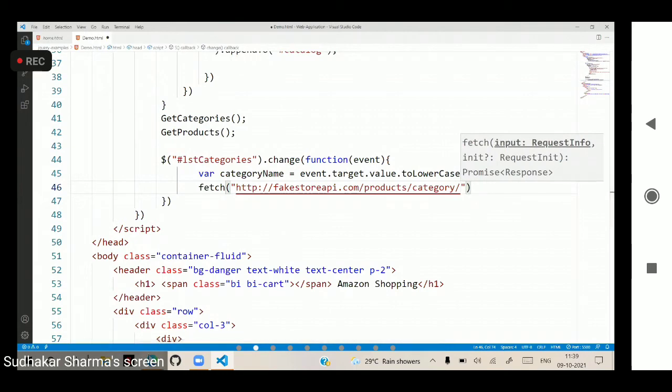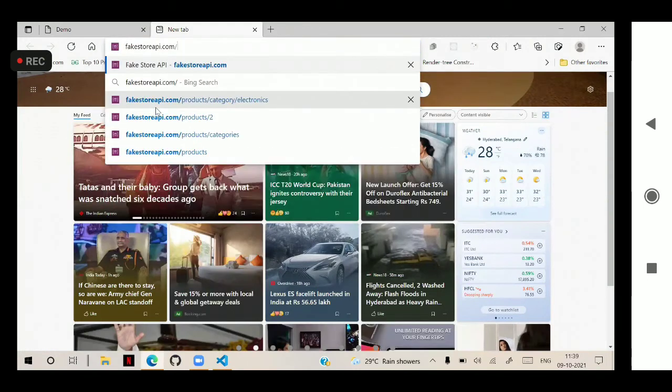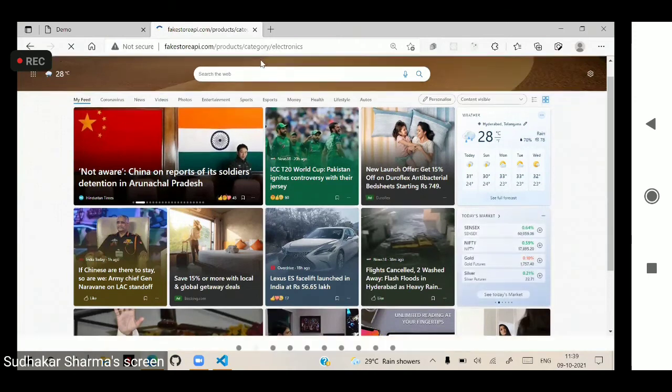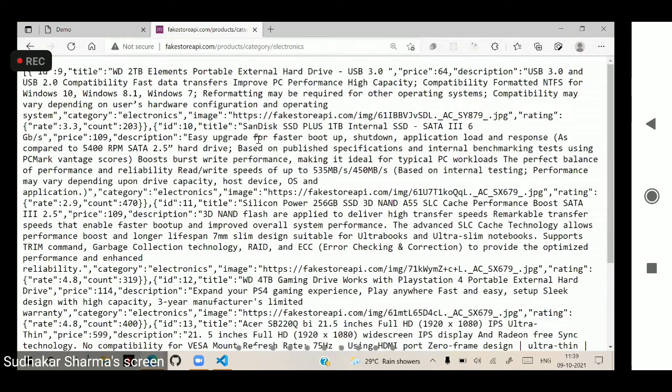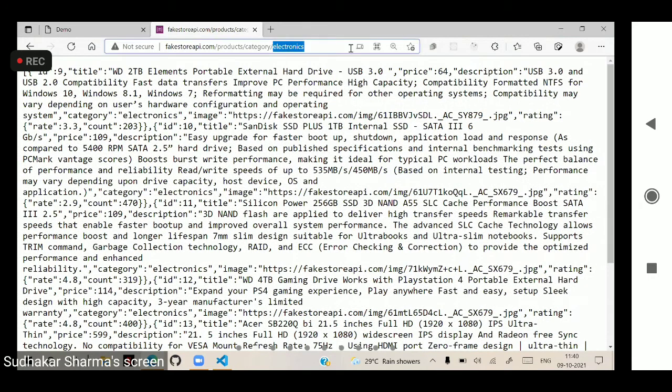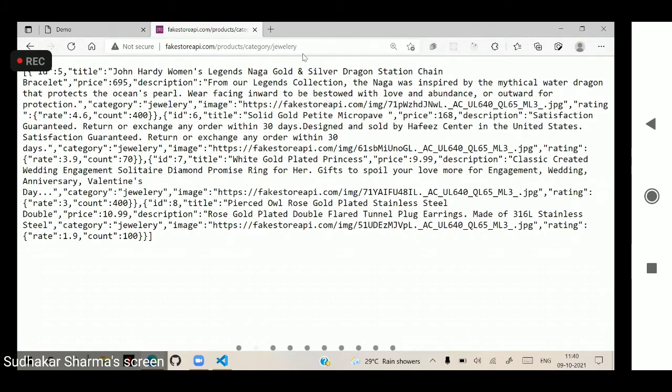Let's see that API separately. fakestore.com/products/category/electronics. It will get only electronics. Suppose here we pass jewelry, it will get only jewelry. That is the API actually.